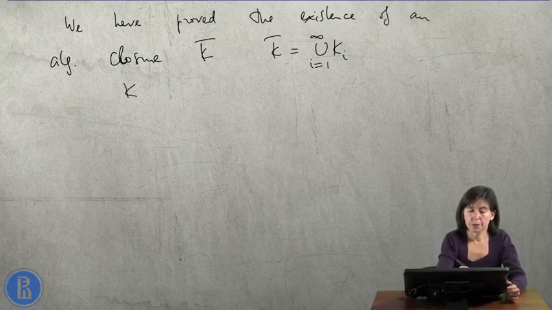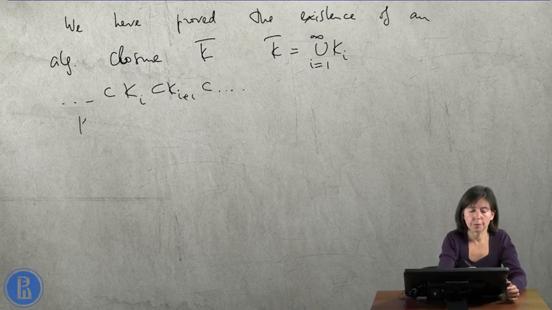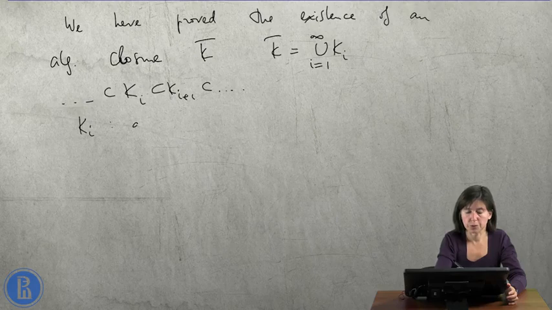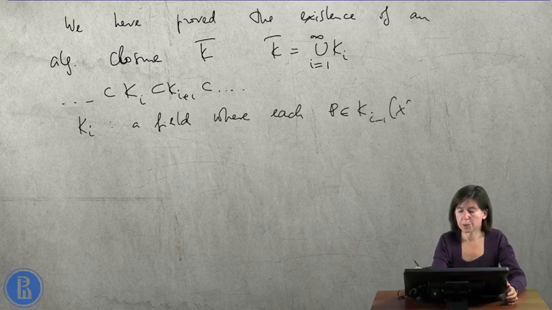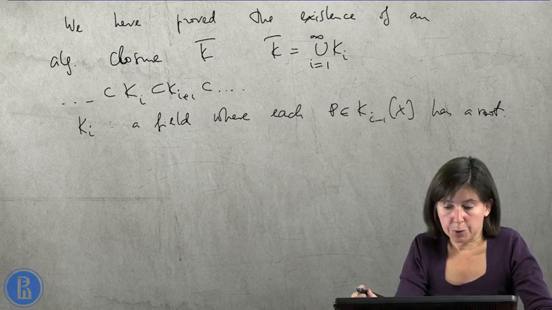The set of Ki's was a chain, and each Ki was constructed as follows. It is a field where each polynomial with coefficients in Ki minus 1 has a root. And we constructed this Ki